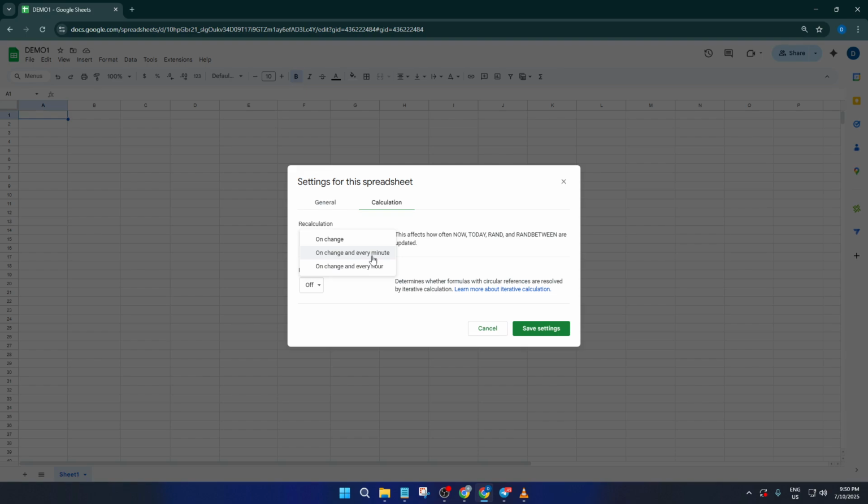processing power. If you go with On change and every minute, now your formulas will recalculate with every edit and also every single minute, even if you don't touch anything. This is super handy for live dashboards or financial sheets that pull in changing stock prices, for example. Just be aware that recalculating every minute can use more resources, so don't worry if things take an extra second